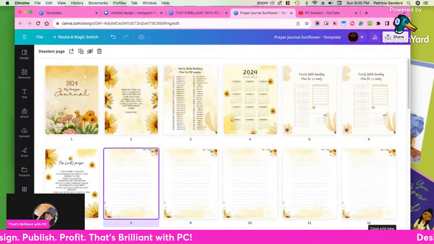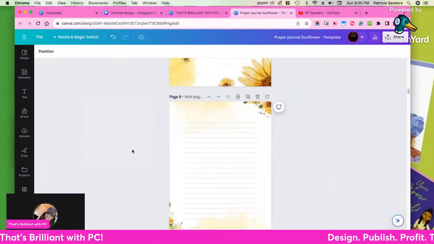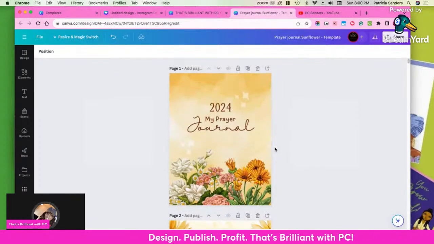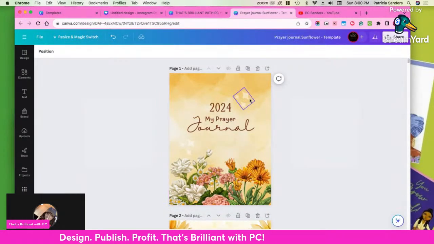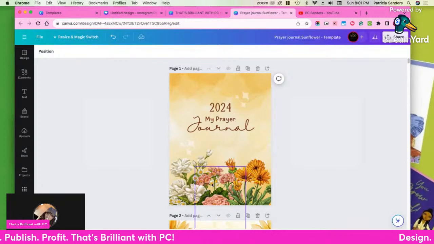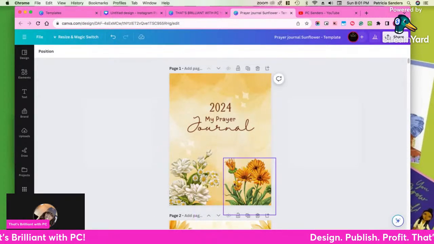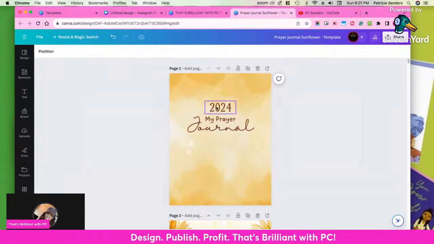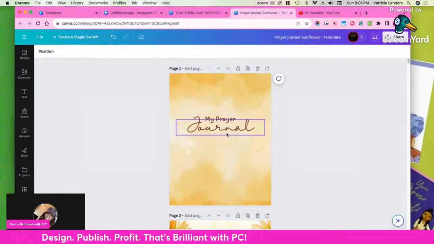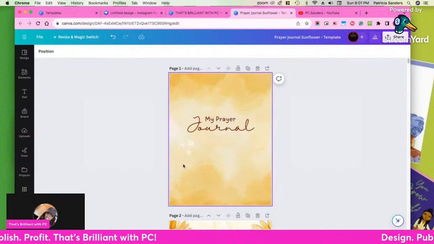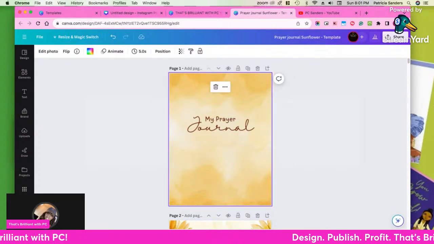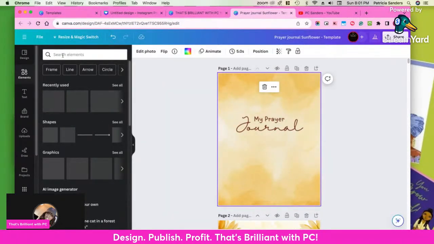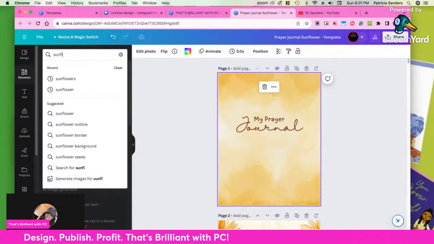And so now I'm going to close the grid view and go back to the main view where I can actually make the more detailed changes that I would like. So of course, like I said, we're using the template here. So I'm going to get rid of these flowers. They're cute. Everything's cute, but I do like this. I might take that out and may change this around. So I like the colors on that. I do like the fact that it's like sunflowers. So what I'll do is just type in sunflowers